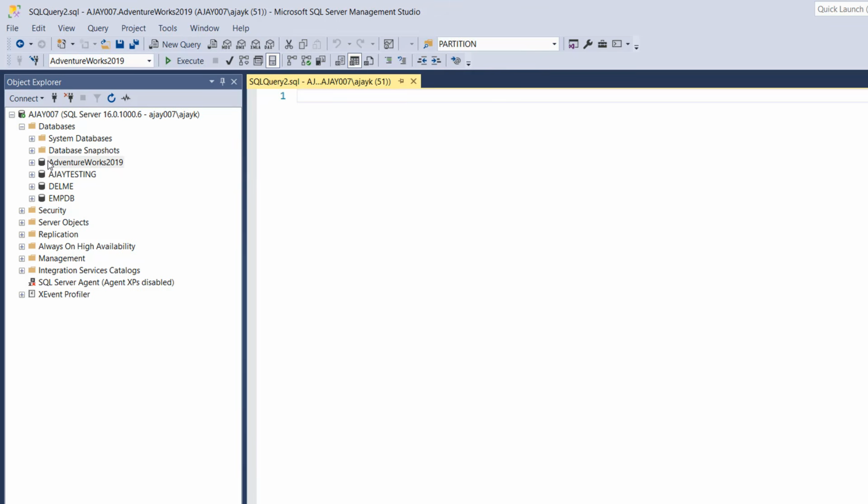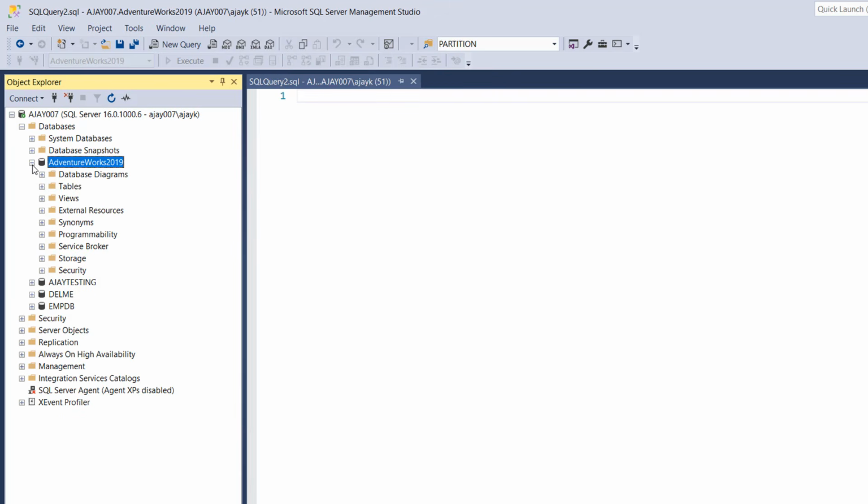Now I want to tell you that this AdventureWorks2019 is a database, which we downloaded from the internet so that we can practice, because it has tables. If I click here, it has tables, and I have used these tables in this course. These are the same tables that you will also get once you know how to download this.